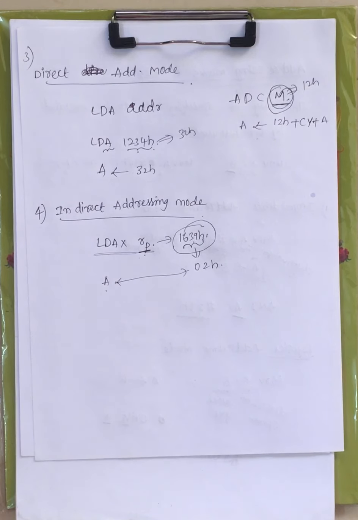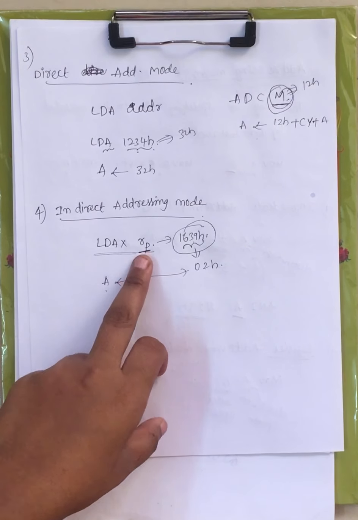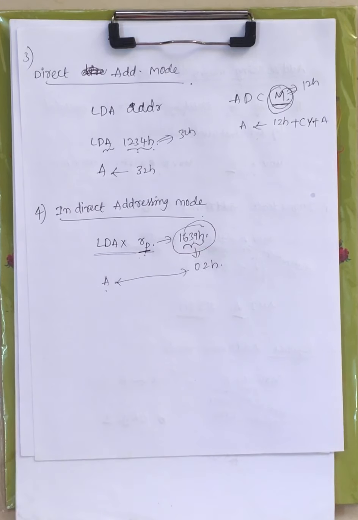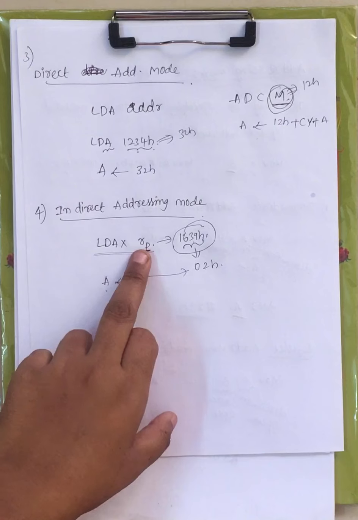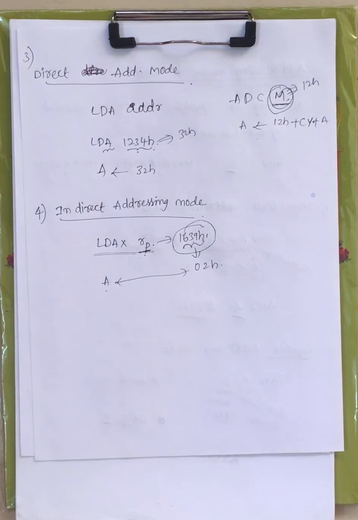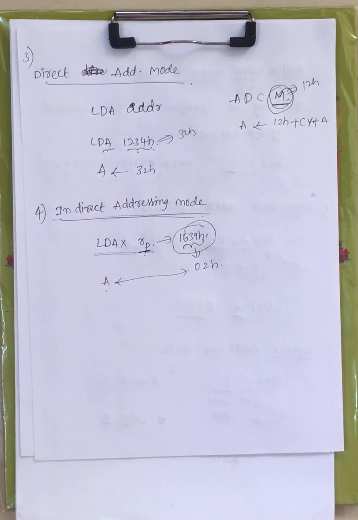Now in this indirect addressing mode, one of the operands, the source operand, is your register pair. That will point to some memory location, right? Here in the indirect addressing mode, the source operand is the register pair, which is pointing to a memory location. Since we are not mentioning the memory location in the given instruction, indirectly we are pointing to the memory location by a register pair. That's why the name is given as indirect addressing mode, right?